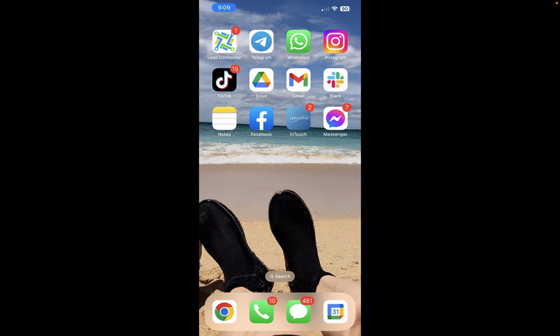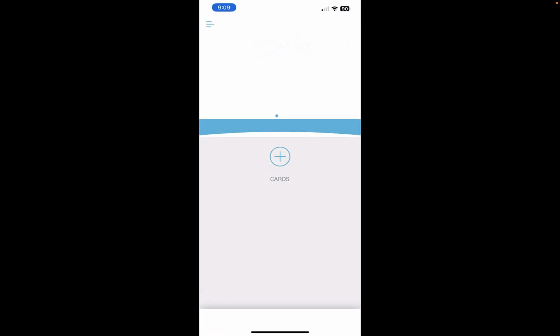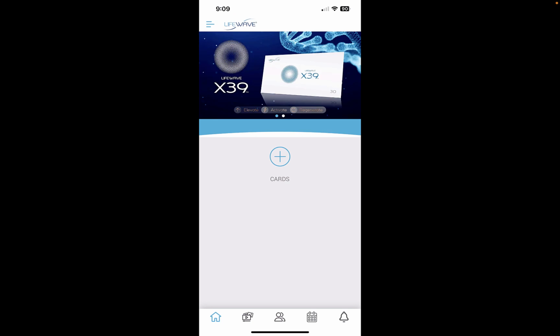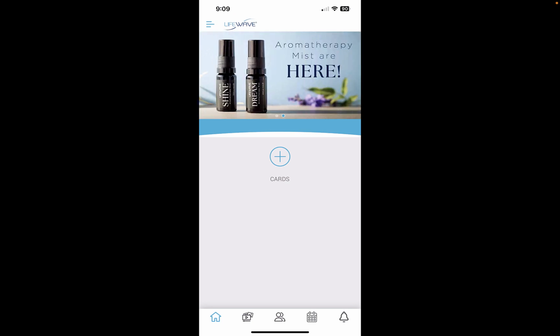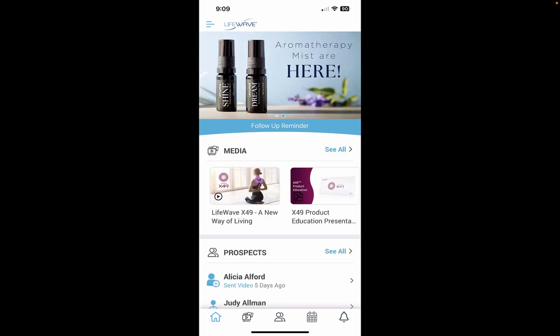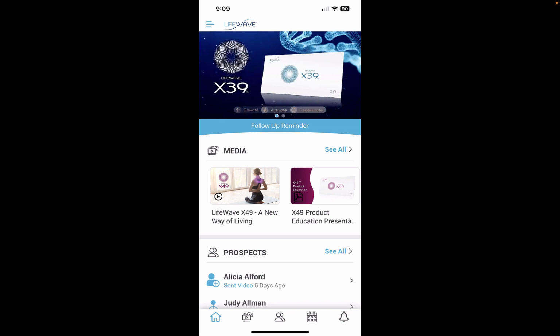I'm going to show you really quickly how to get around in your Lifewave InTouch app. So you see the InTouch app is the third row from the top. I'm going to tap on that and open it up, okay? The first thing you see is this is the home screen, and the way you can navigate around the different